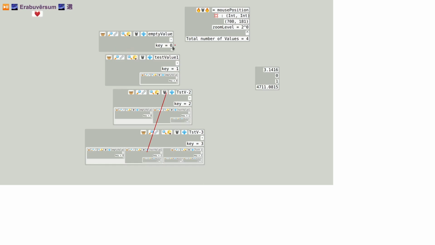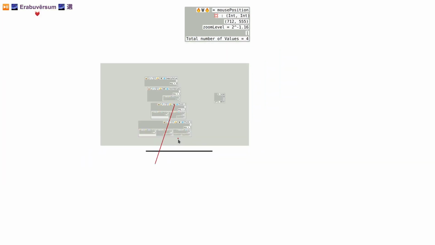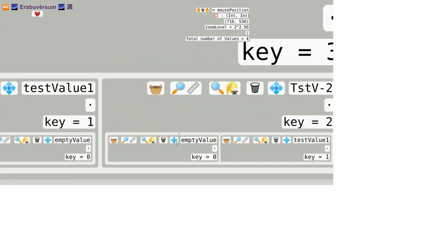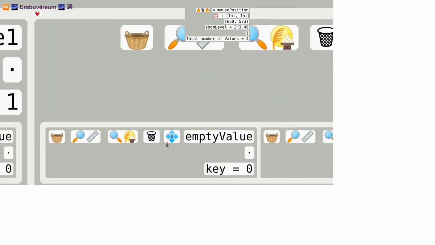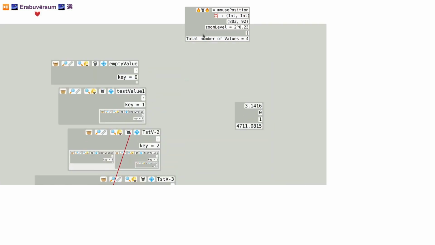So here you see the identification ID. Eventually this could be replaced by a hash of the function. And yeah, you can of course zoom. This is a zooming user interface, so you can go into the small ones here and work there. And you see this doesn't zoom with the rest of the stuff, so this is a global information here,